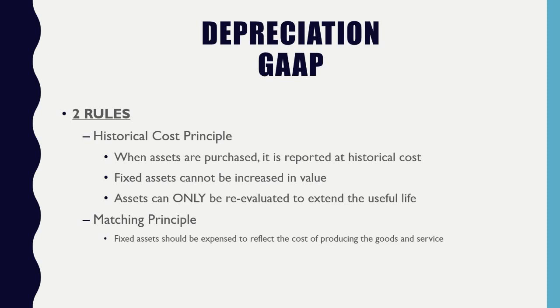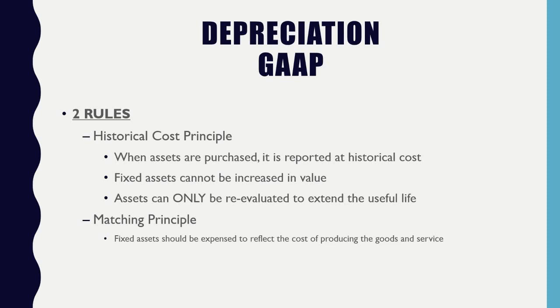Of course, as you depreciate it, you're going to match it upon its original historical cost. So, like I've mentioned before, if you bought a land, if you bought a machine for $10,000, you can only depreciate it up to the $10,000. You can't depreciate over it. You can't depreciate it under it. It has to be exactly $10,000, and that's where the matching principle is going to come into play, where you're